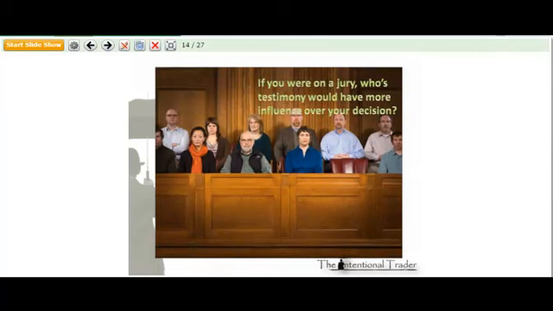Let's make another illustration here, if my other example didn't work. Let's say you're on a jury. Okay? Now, your job on the jury, you have absolutely no opinion. Look at their faces. They've got like nothing in their heads, right? They've got no opinions. They've got no emotions on their faces. They've got nothing to go on or make a decision on except the information that they're given by the lawyers.